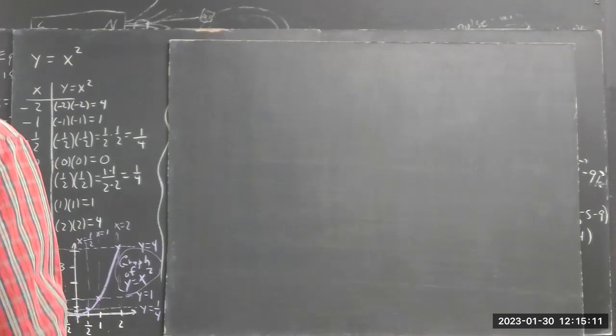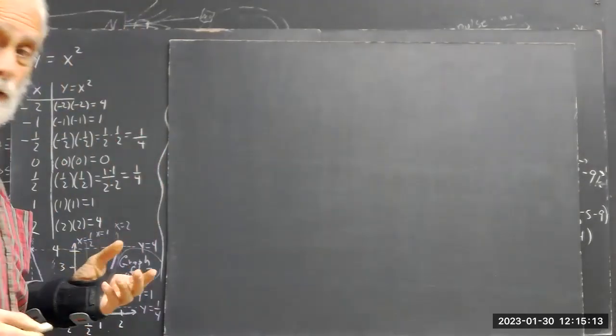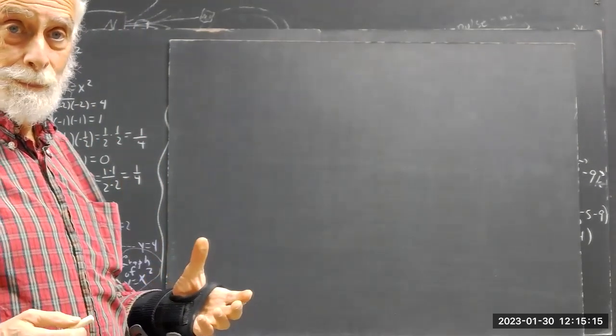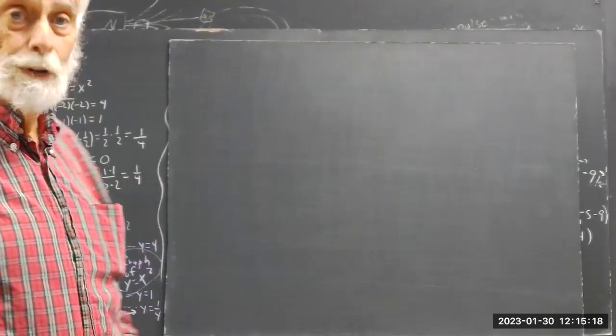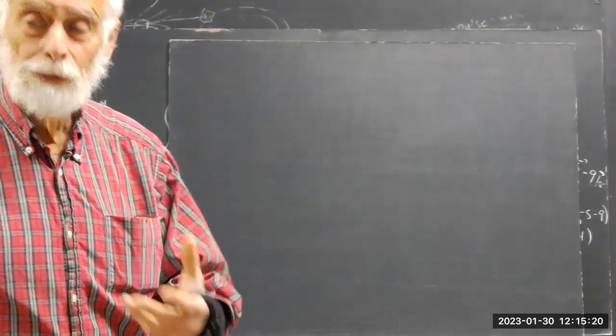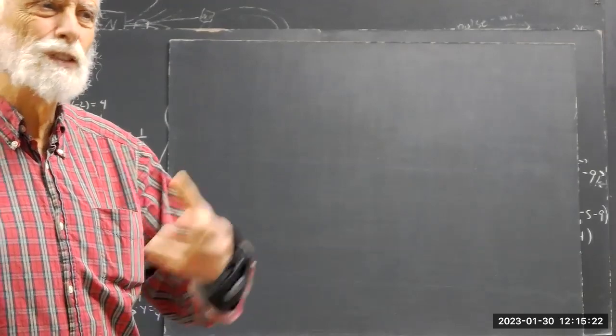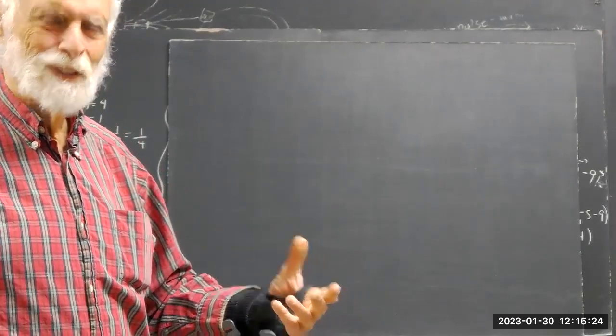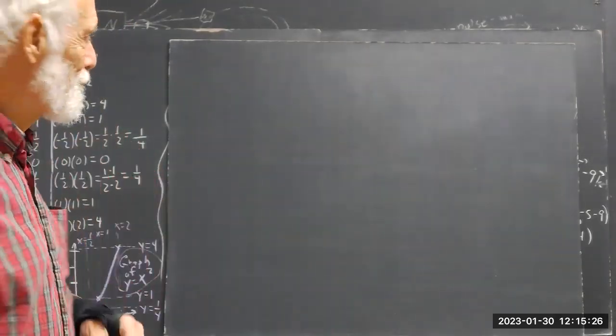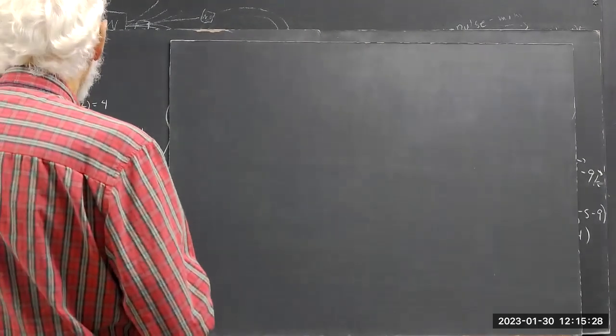Okay, here's a little bit about f of x notation, because the assignment on graphing uses f of x notation, but it doesn't really use it. Sort of uses it, okay? So